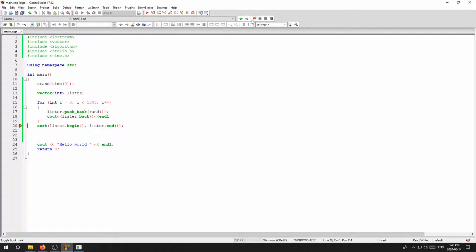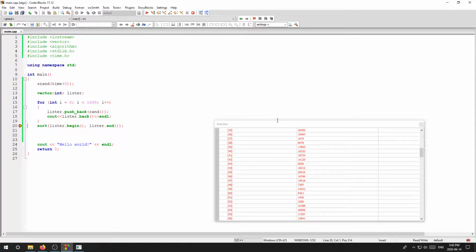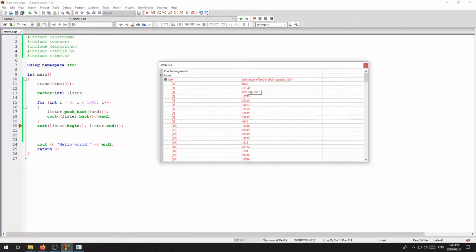Okay, so printed them all out. Do I have my little watch variable here? Okay, so there's all the random numbers it came up with, 1,000 of them. It's not going to write them all. Looks like it maxes out at 200. I'll go to my next line after the sort, and you can see that it has sorted them